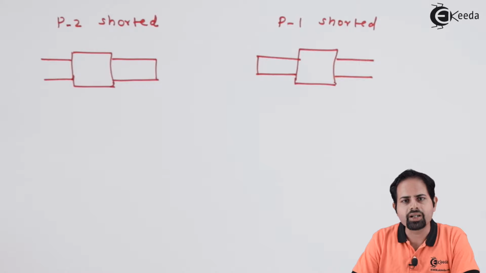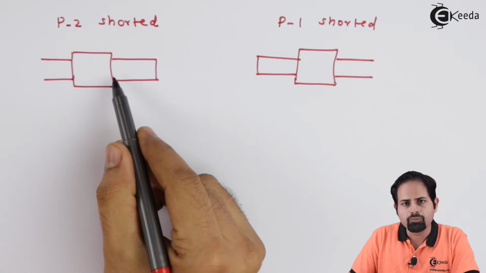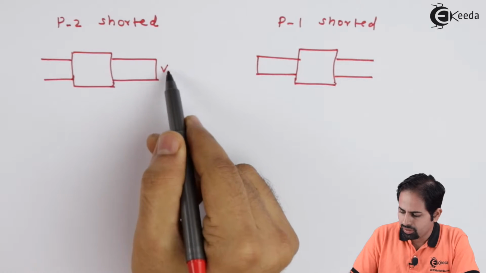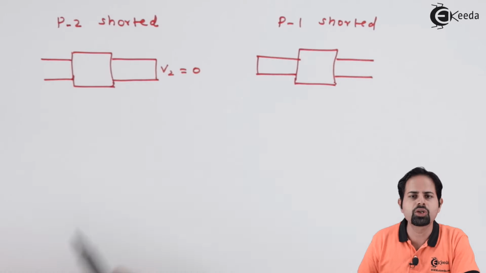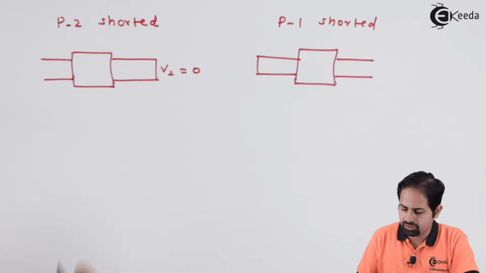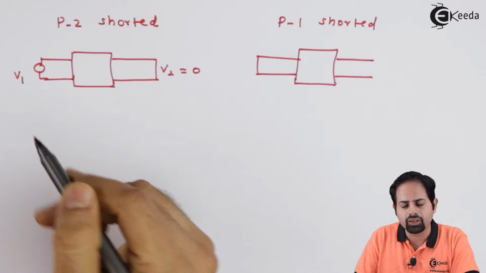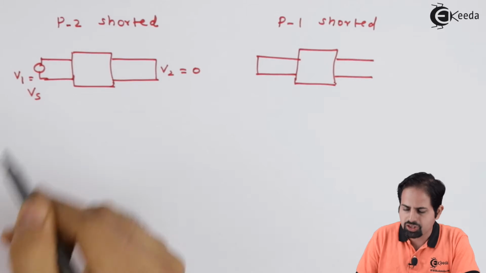Now we will understand this by using diagram. So when port number 2 is shorted, V2 is 0 and input voltage is V1,